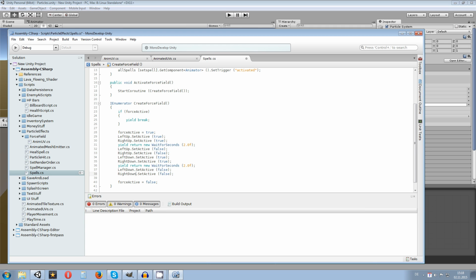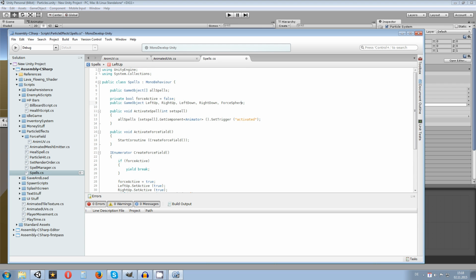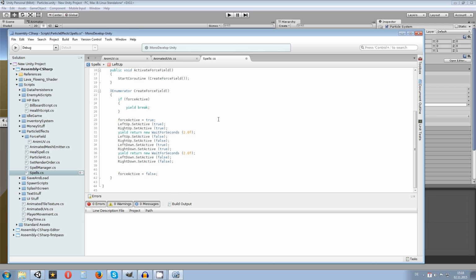And then we want the sphere to appear. The force sphere: copy, paste, dot set active to true, and from here on we can do several things to have another outcome. The easiest way, of course, is yield return